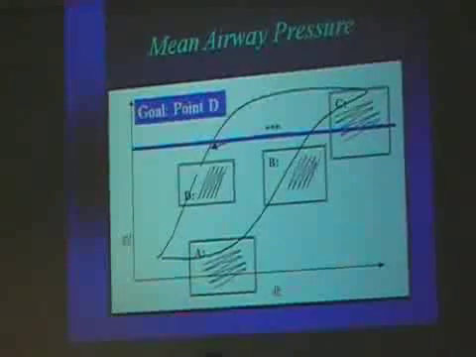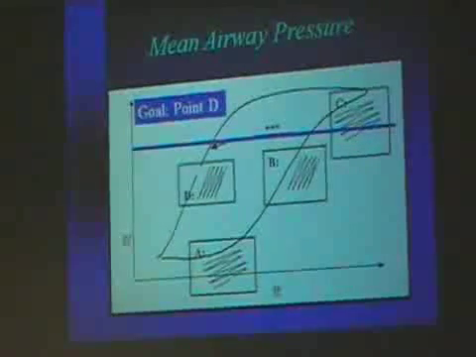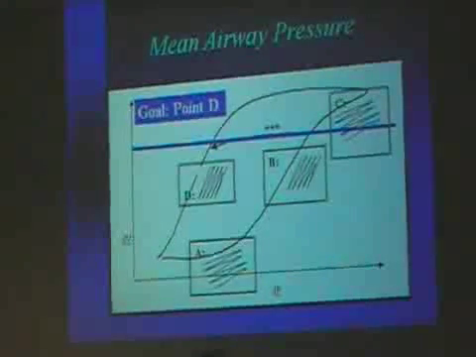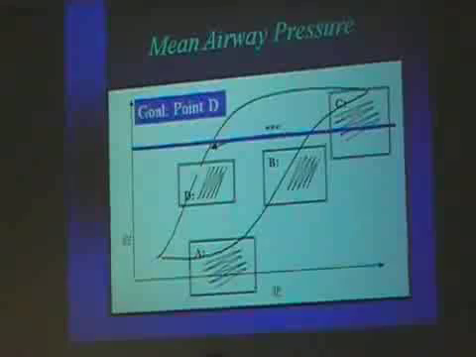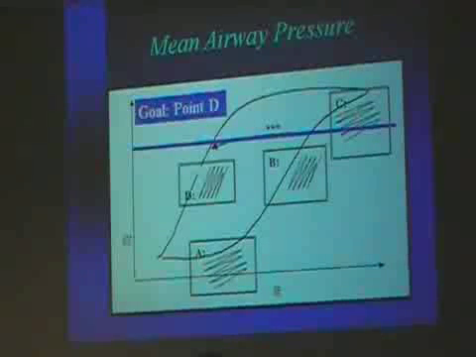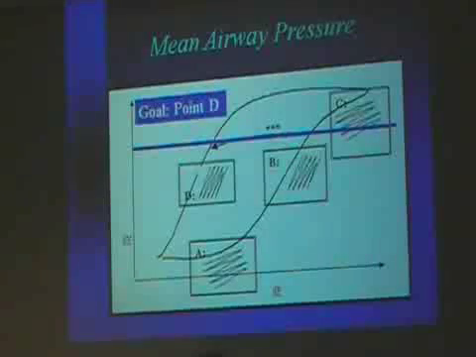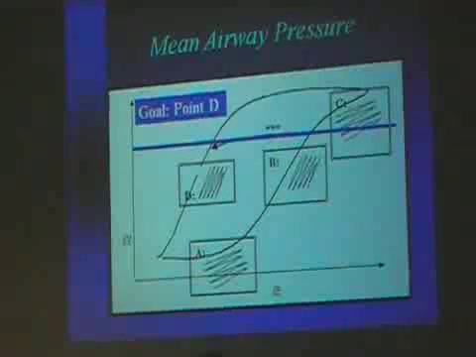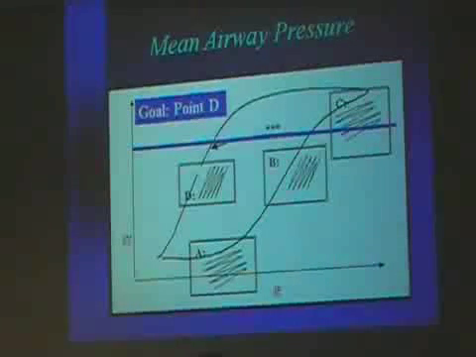But it's not all that hard as long as we remember that when a baby needs to be recruited, we need to sit down, recruit the lung, back off, and find the area where we're at a minimum FiO2. And we're on the descending limit of the pressure volume curve. This is one of the major reasons that oscillation is inappropriately used: these kinds of concepts are not well understood. And just sticking a kid on an oscillator and walking away is absolutely the worst thing that you can do. A little bit more finesse is needed in order to find where we are on this curve